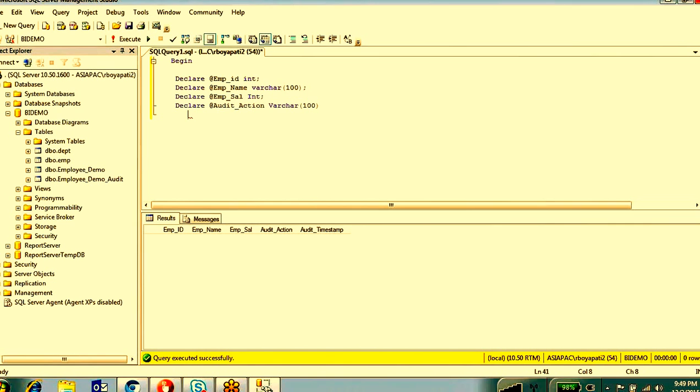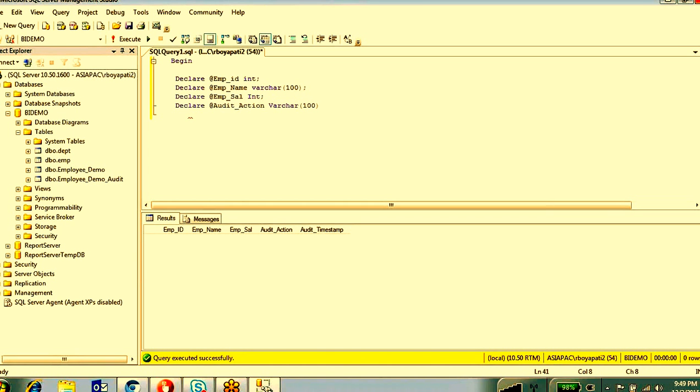So in SQL Server triggers, there are two tables. Whenever these triggers execute, there are two imaginary tables existing in your triggers. One is inserted and the second is deleted. What are these two tables? You are trying to insert some data into some table.